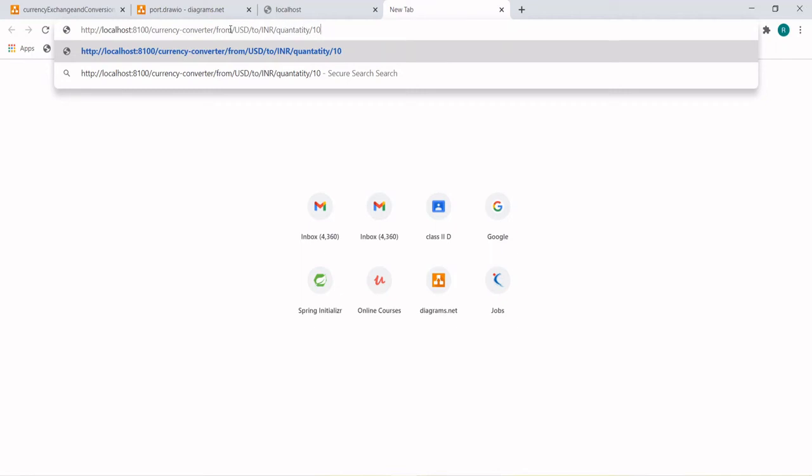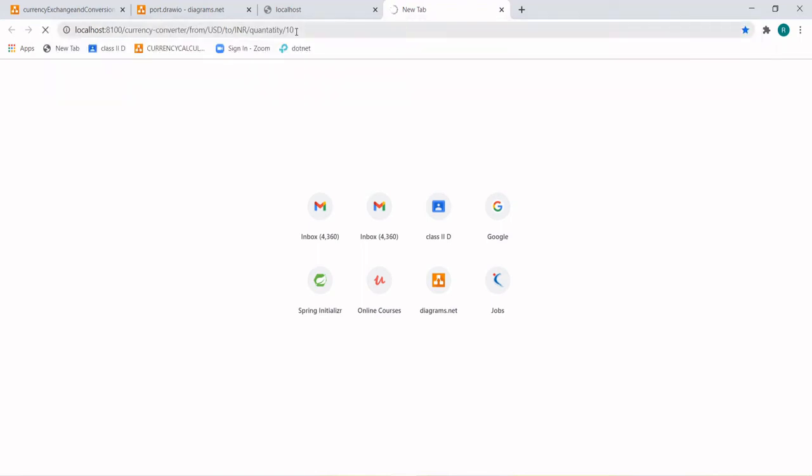Then internally it will give a call to the exchange service, asking what is the currency rate of USD to INR. Then the currency exchange service will return, hey, the currency conversion rate from USD to INR is 73. Then after getting the 73, the currency converter will convert the USD to INR and give you the calculated amount. So if you enter this, it will give you the exact amount.